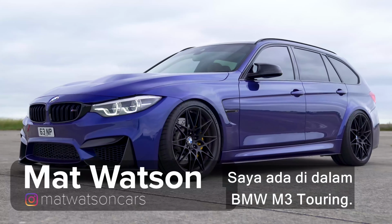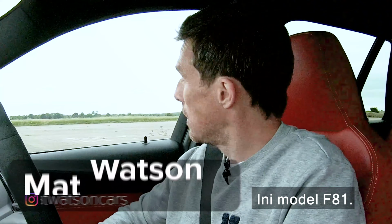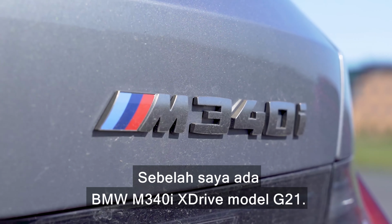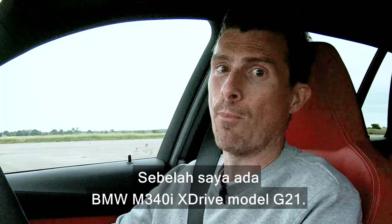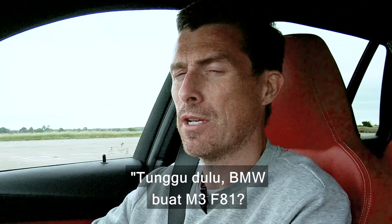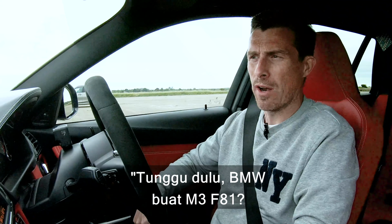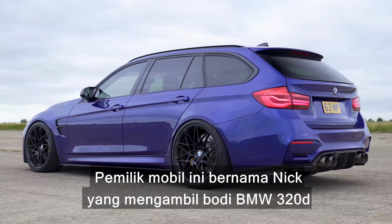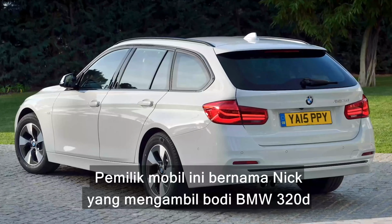So I'm sat in a BMW M3 Touring. It's the F81 model. Next to me is the BMW M340i xDrive G21 model. Now all you BMW fanboys might be going, wait a minute, BMW didn't make an F81 M3. What witchcraft is this? Well, actually this is owned by a chap called Nick, who took a BMW 320d, the